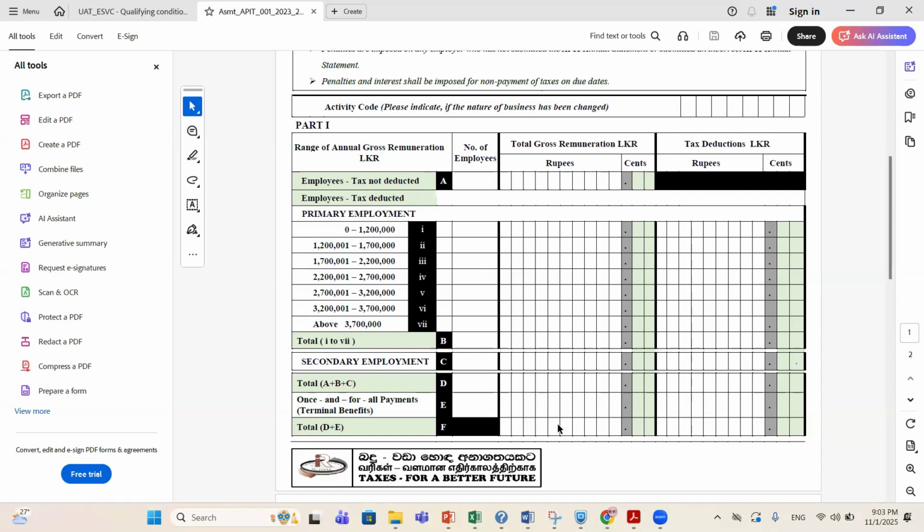You have already charged 50 million in your P&L, but when we analyze your APIT statement for that particular year of assessment, you have declared only 40 million. So why this 10 million difference? In that case, you have to reconcile. That is why it's important to enter all these three figures correctly.